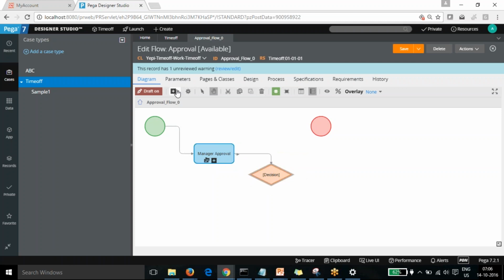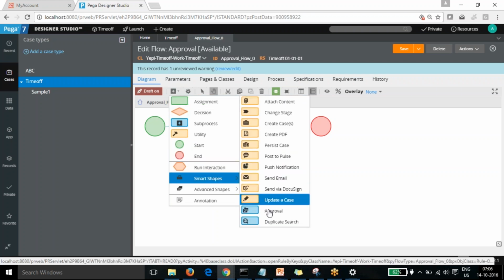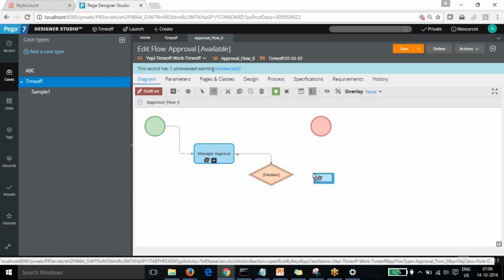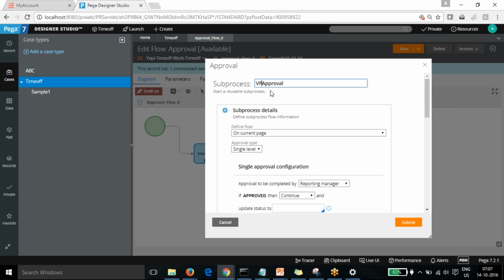And from the decision, I need one more smart shape for approval, and from here one more, and I need this one as VP approval.